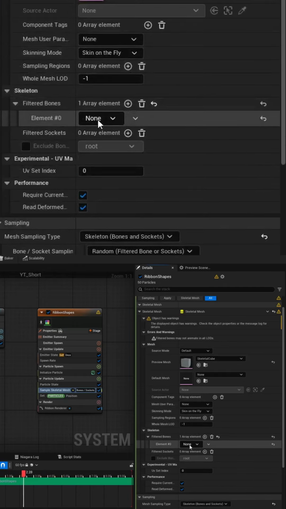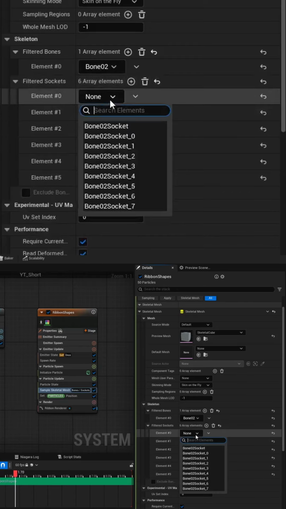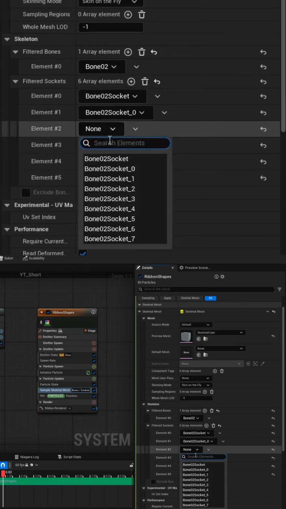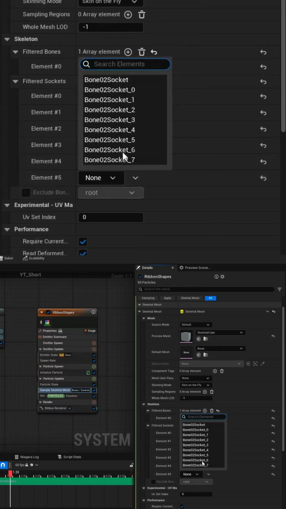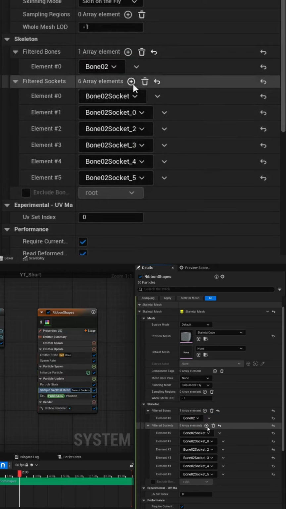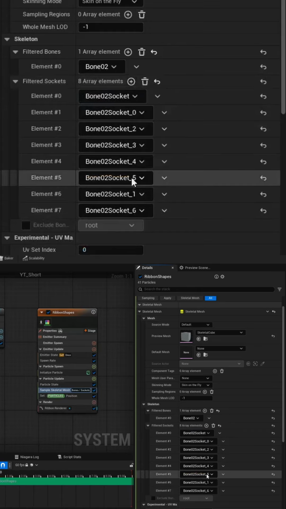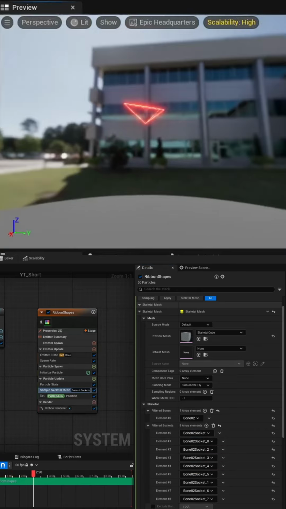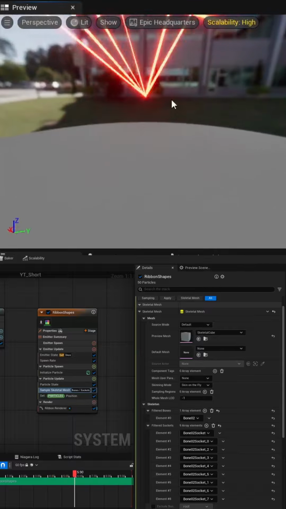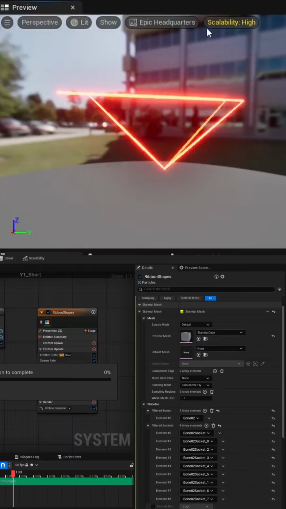Once you've done that, you go back into your skeletal mesh settings and you add in your single bone, and then the number of sockets that you've created. The order doesn't matter because they are being fed randomly, so you can add them in however you wish. Now we can preview the effect in the details window here. You can make other adjustments like the flicker rate, spawn rate, and the ribbon width, and you'll get different effects here,